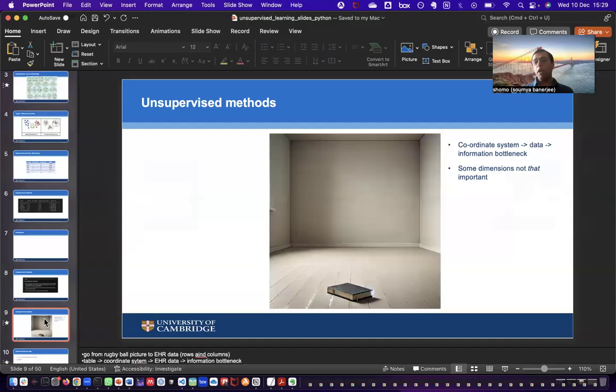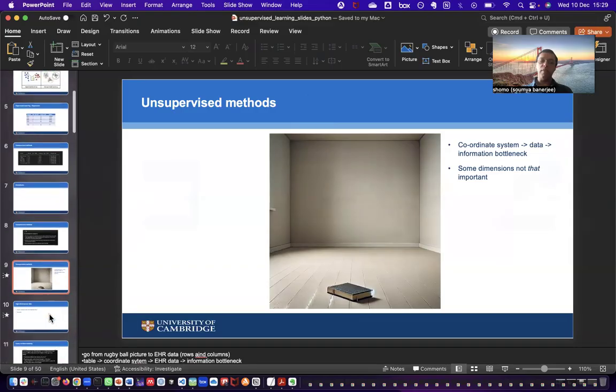Those dimensions are much, much fewer than something that you might start with. So, for example, if you have a three-dimensional room here, this book, which is a narrow book, exists only in this corner of the room. And if you zoom out, you can only see two dimensions. The thickness of the book can be ignored. And that is what principal components analysis is really trying to do.